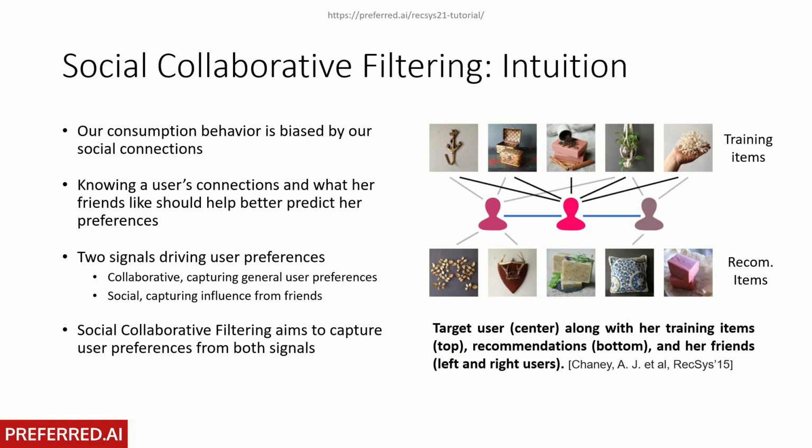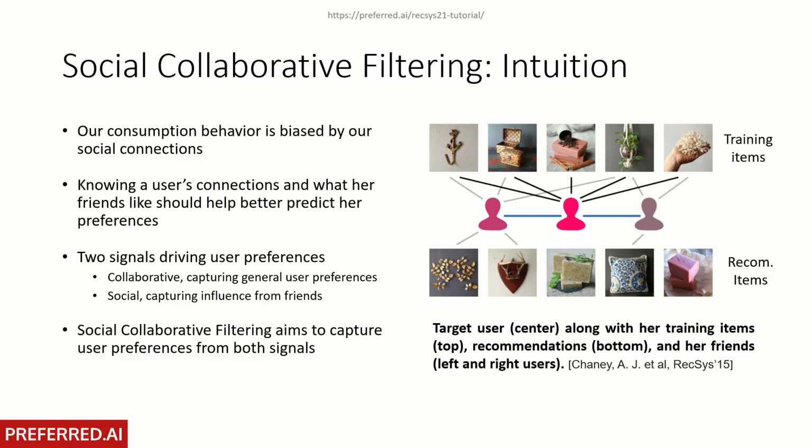And the main intuition behind the different models integrating this notion of social network is that the signals of user preferences can be explained by two main signals. The first signal is the collaborative filtering signal that encodes the user latent preferences, and the second signal is the social connections of this user, or the social influence of this user. So the objective of what is commonly referred to as social collaborative filtering is to actually capture user preferences from both signals, from the collaborative side and the